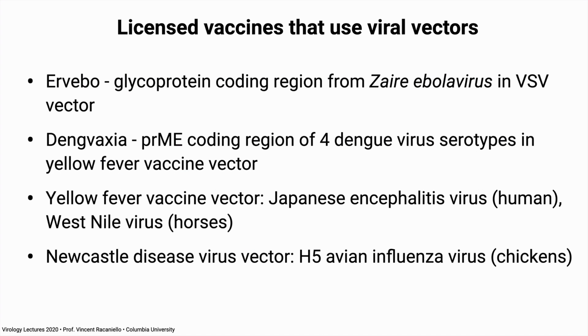Pretty good. So some of these that we've talked about are licensed as vaccines. Of course, Ervebo is VSV with the glycoprotein from Zaire Ebola virus. This is licensed for protection against Ebola virus disease. Dengvaxia, of course, is dengue virus and a yellow fever vaccine vector. Yellow fever vaccine vector has also been used, as I said, for Japanese encephalitis virus in humans. West Nile vaccine in horses is available to protect your precious horse from West Nile. And then, as I said, the Newcastle disease virus vector has been developed to carry H5 avian influenza virus to